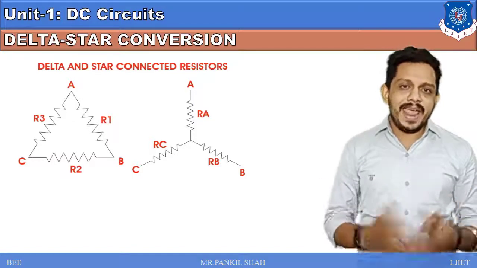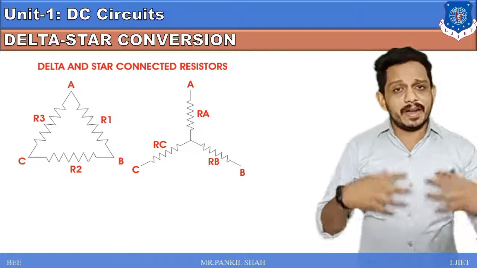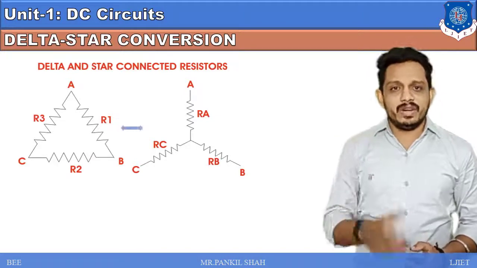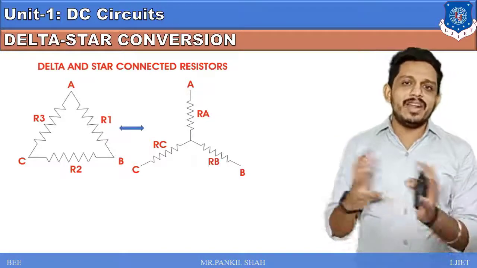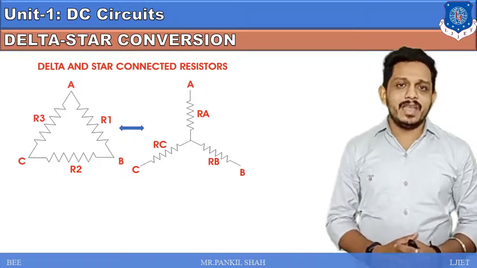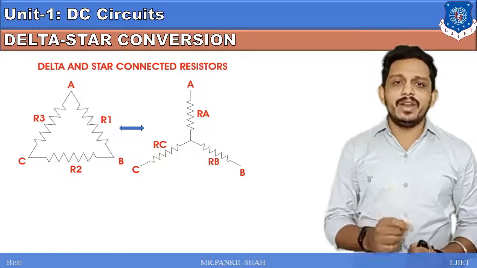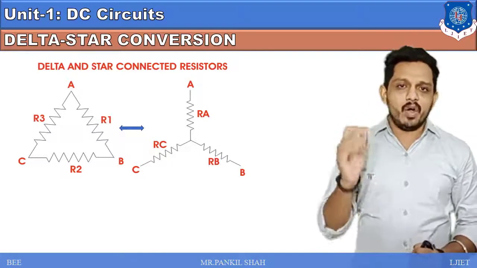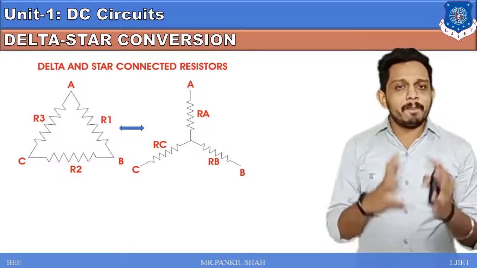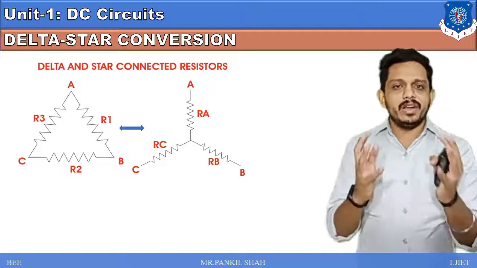So in solving any type of DC electric circuit, there will be this type of connection already present in your numericals. So what we have to do is convert either star to delta or delta to star. If we convert star to delta or delta to star, our network will be quite easy, and we can easily solve that numerical, or we can easily find the current or the voltage through that electric circuit. So in this video, our aim is to find the relationship between delta to star and star to delta resistances.